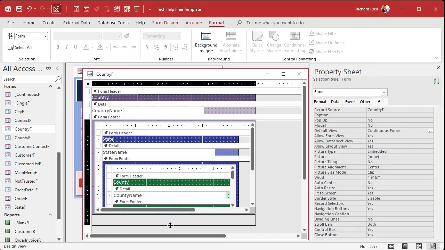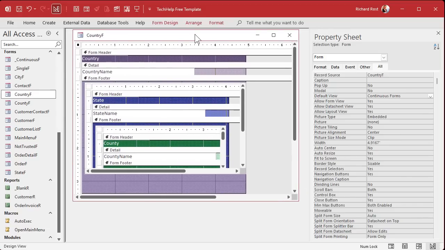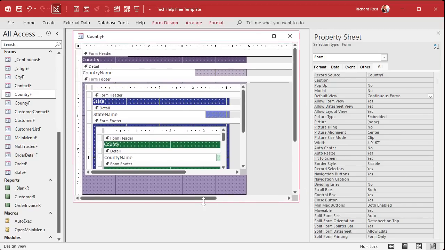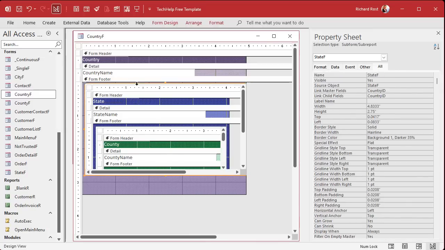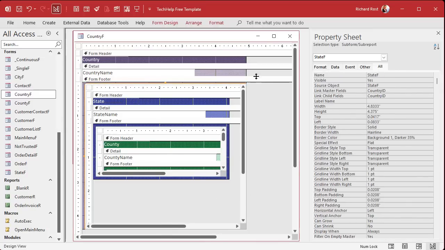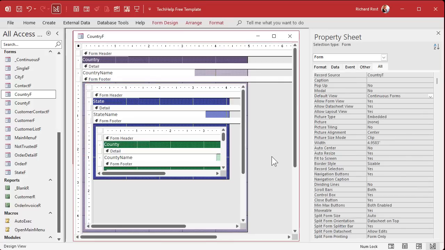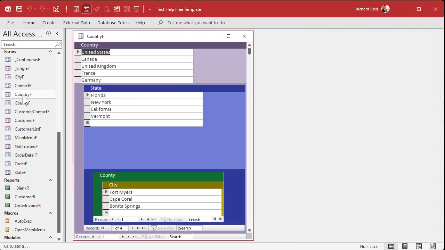So I'm going to make this as big as I can for state. In fact, I'm going to turn off the ribbon like that so we got more space here. Well, not turn it off, just minimize it. We're going to make state as big as we can because it's got to fit a bunch of stuff inside it. See, I didn't have this problem when I was building my prototype because I got a giant monitor and I just had it really tall. Okay, save it, close it. Let's see what we're looking at here. All right, that's better. Now we got to make county bigger